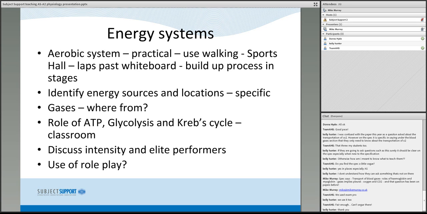Other centers, not me, you now know what I'm like, other centers use role play quite extensively, and it works very, very well. The idea of breakdown and picking up ATP and picking up oxygen